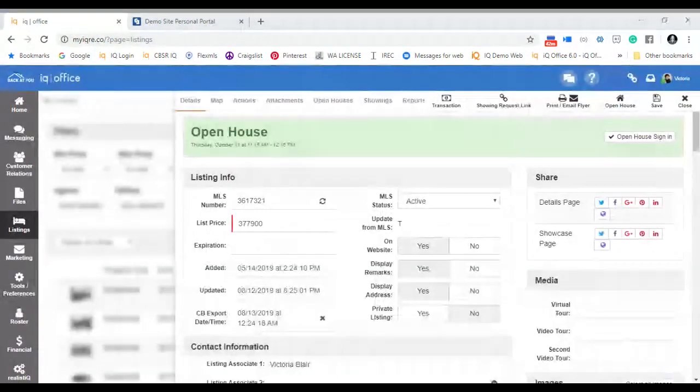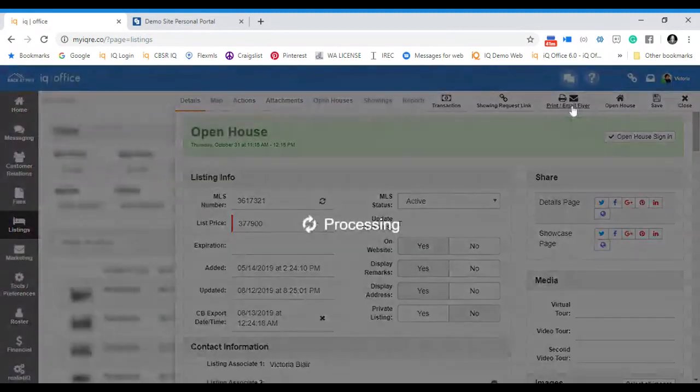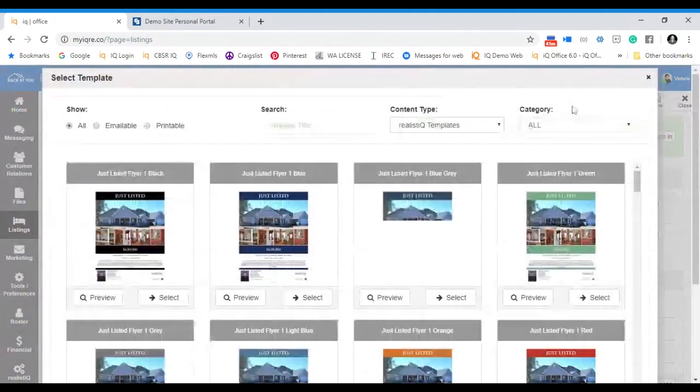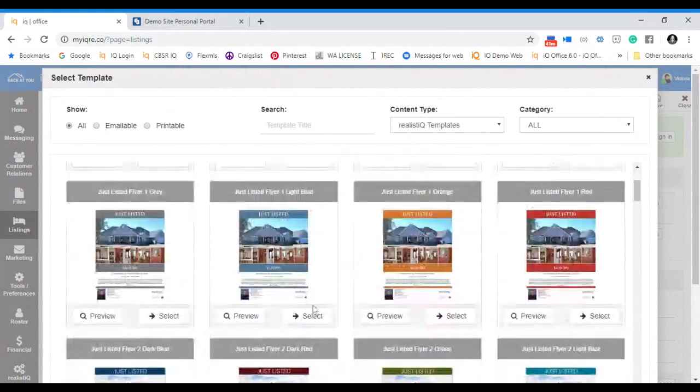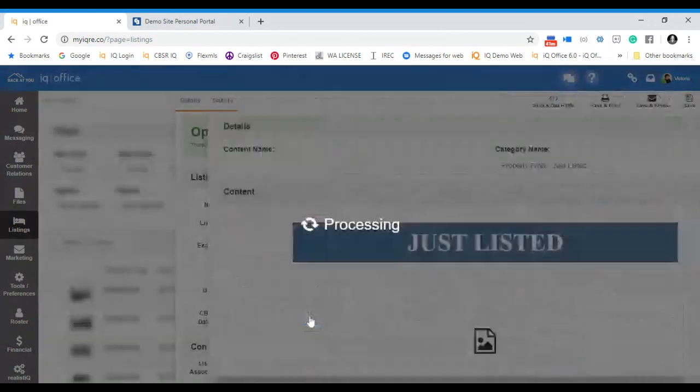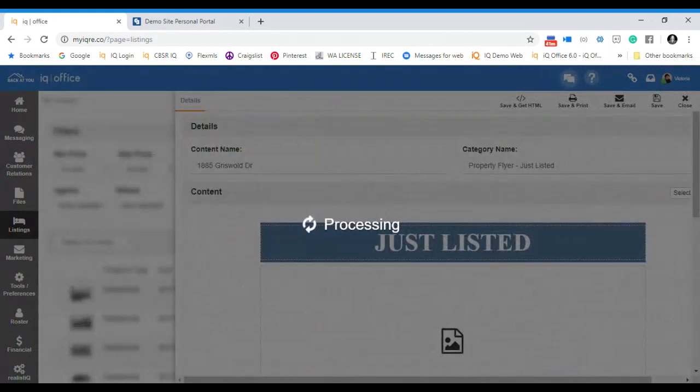The last thing that I want to quickly touch on today as we're going through listings is on your main listing screen, you have the opportunity to use print or email flyers. So if I click print or email flyers, I can go in. There are several flyers to choose from. I choose the flyer that I like, and it's going to automatically insert all of the information about my listing